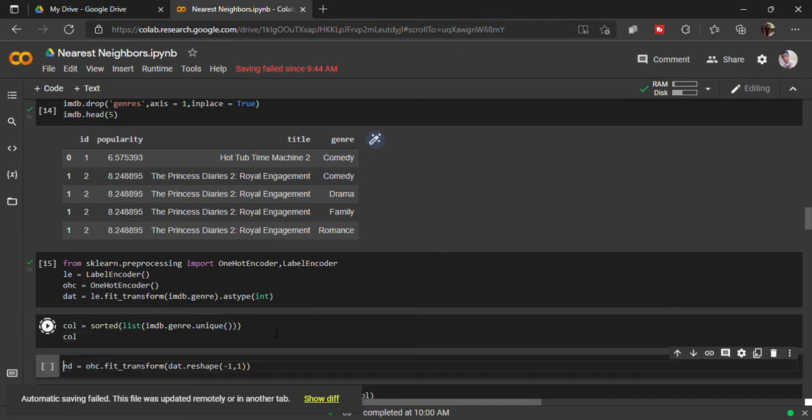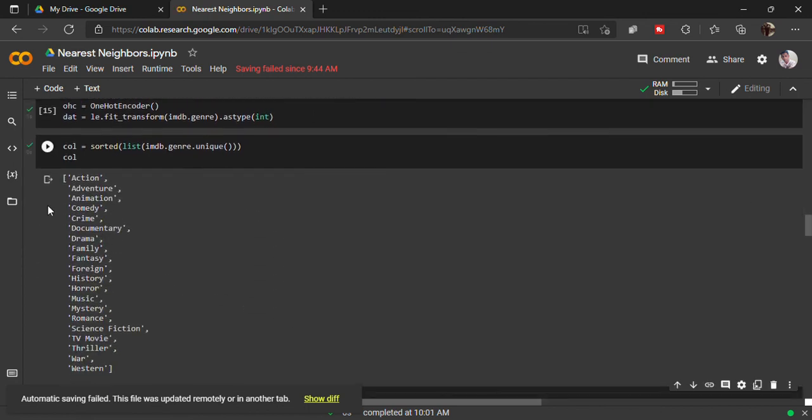If you check the columns, you can see it is ordered alphabetically, so that when we apply the column values, it will not alter the order.